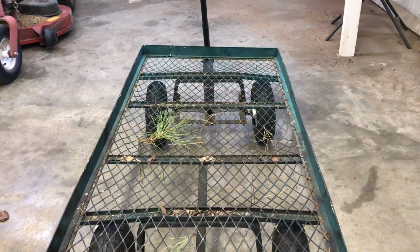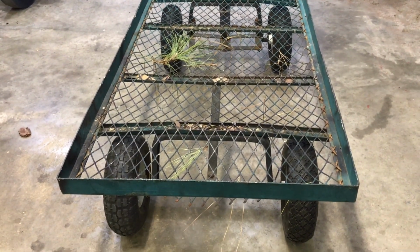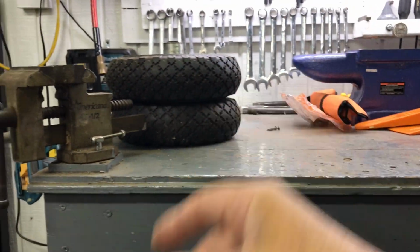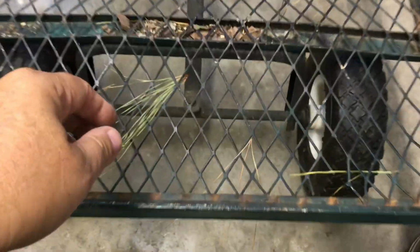The cheap Chinese tires that come with these things are absolute junk. And I just keep replacing them with tires that I have pulled off other stuff over the years. They're all the same size. And these are Chinese junk too, but they last a little longer. So right now I do have four air duct tires on this thing, but now the problem I'm having is